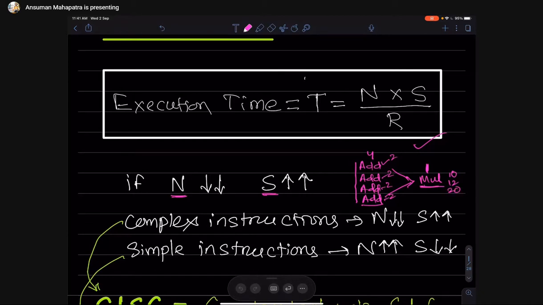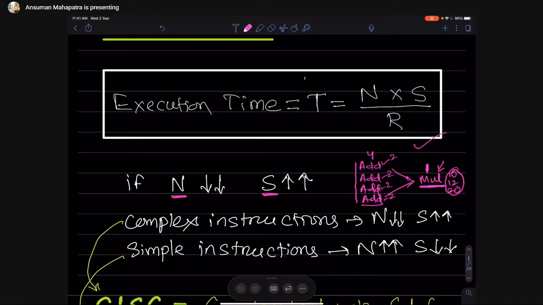If we decrease n, s will increase. The more complex the instruction you use, the more the number of steps for that instruction. Understood the concept?